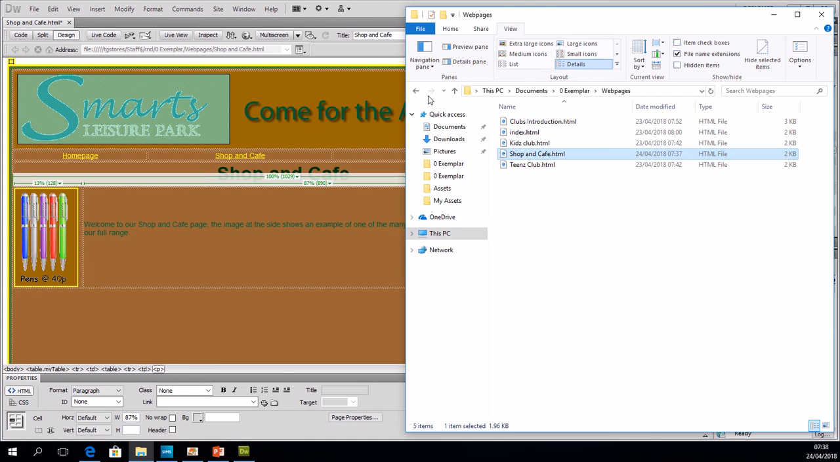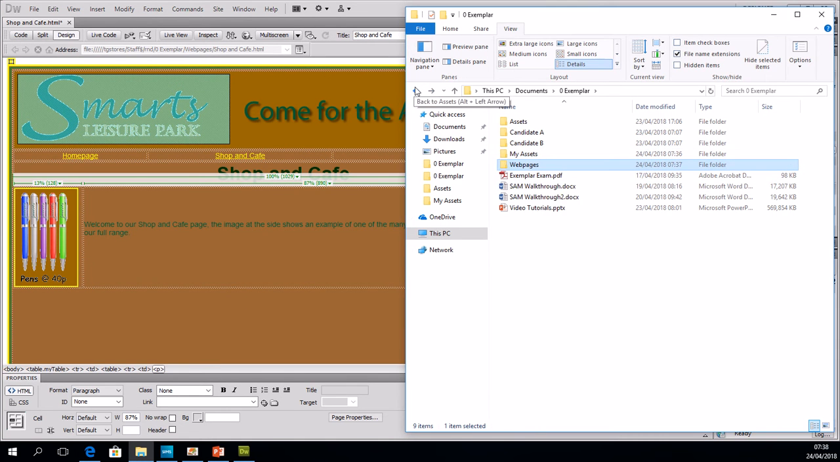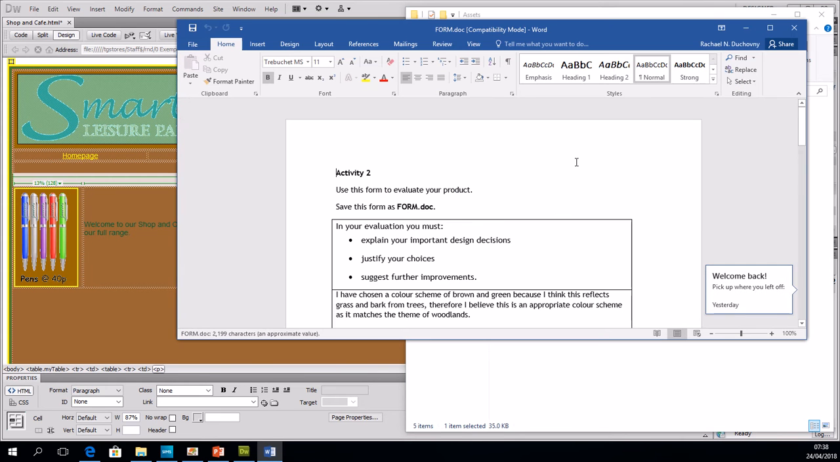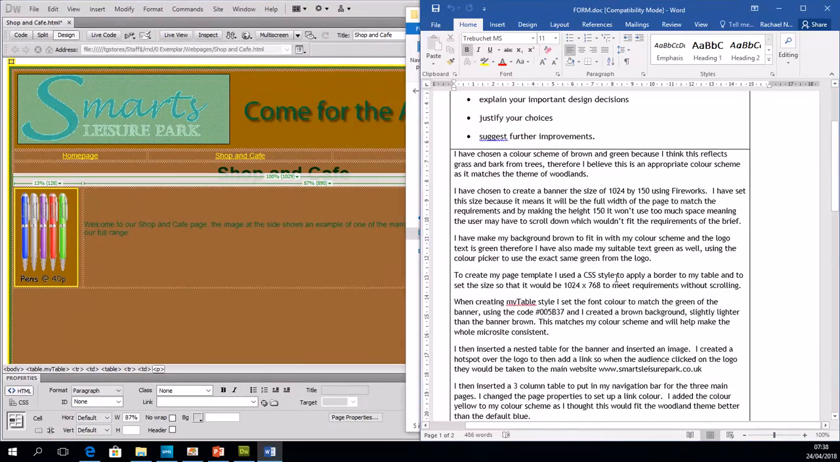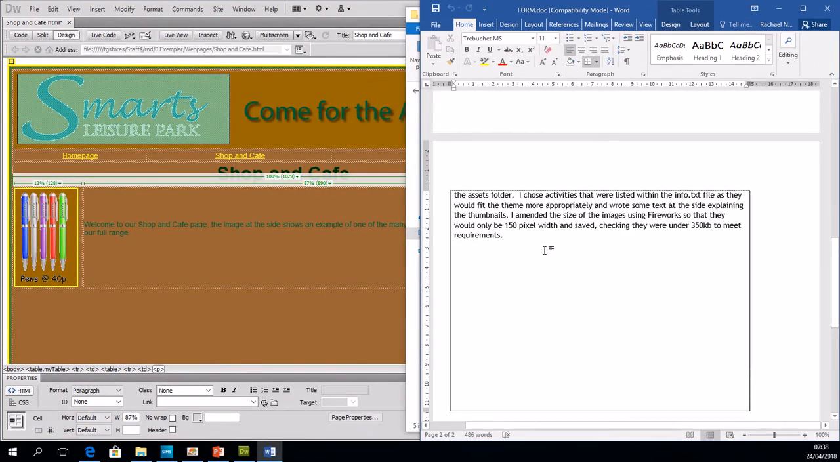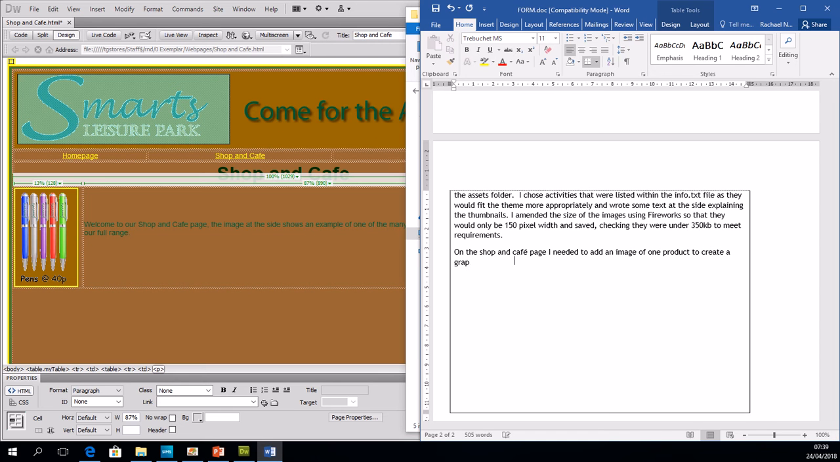Final thing, don't forget to go and update your evaluation. So when we're updating our evaluation, I'm simply writing things like, on the shop and cafe page, I needed to add an image of one product to create a graphical link to the main products list. I chose to edit this original list to use the pens as my image